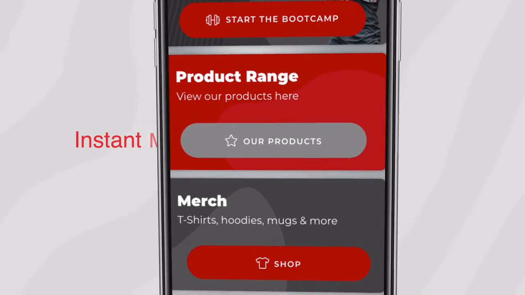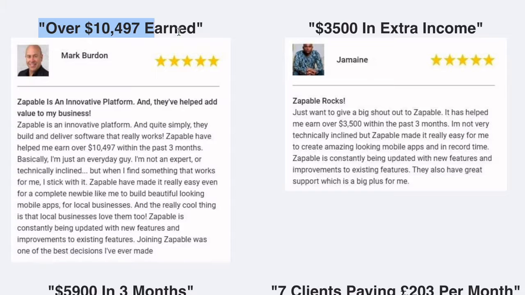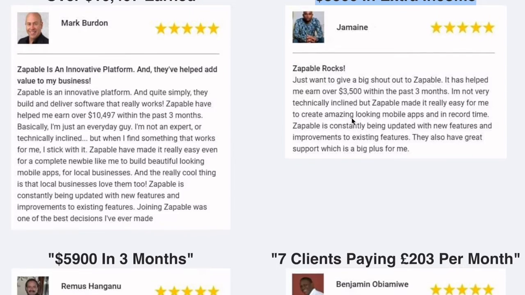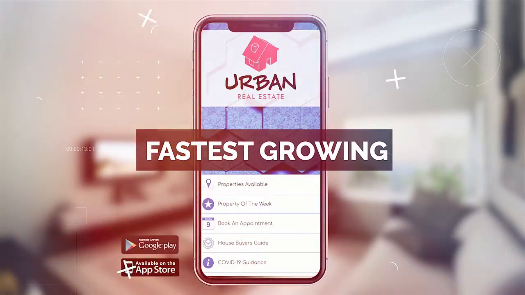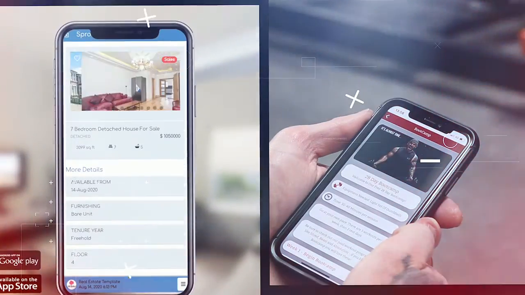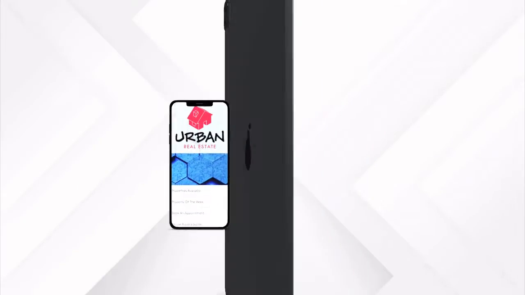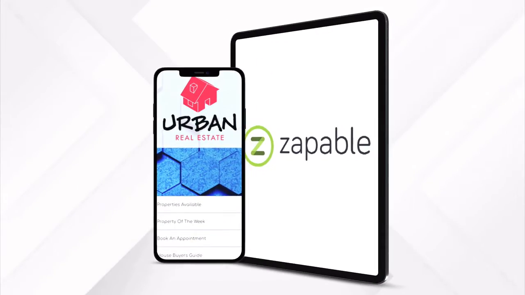Introducing Zappable, how to build an instant mobile app in less than 60 seconds. With over 300 customer reviews and people selling apps like crazy, it's easy to see why this is one of the fastest growing opportunities in 2021. So let's take you into the world of Zappable and show you how easy it really is in 3 simple